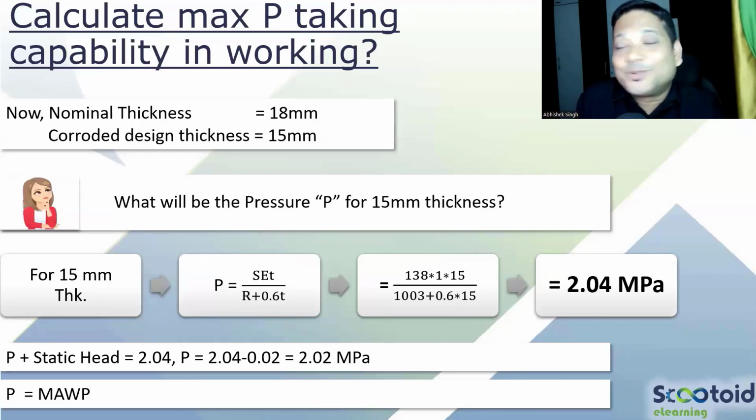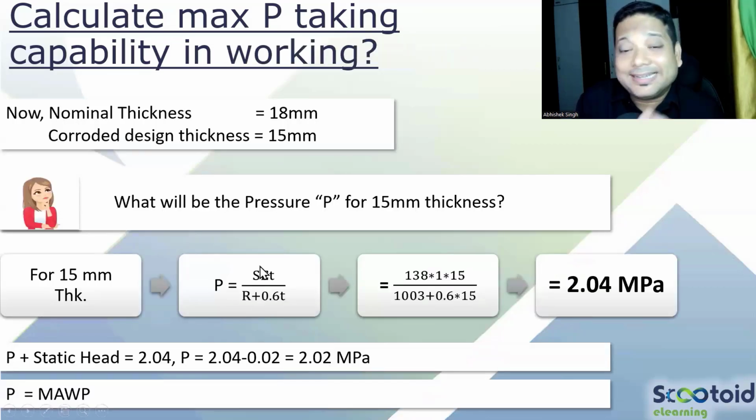How much design pressure you can apply. There is no working, so there is no fluid. You are just interested in finding the maximum pressure which it can take. That's all. When it is very new and there is no temperature, it's in cold condition on the shop floor. Make sense? So can you use this equation of P and give me the pressure which it can take